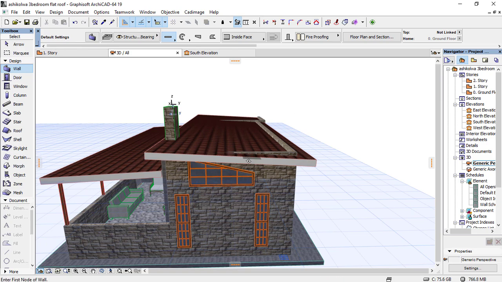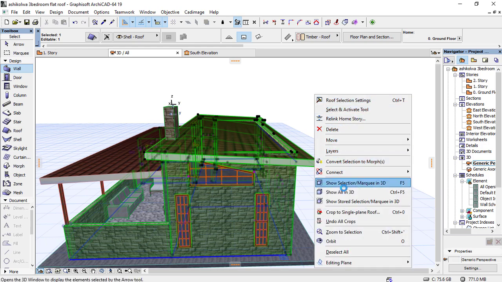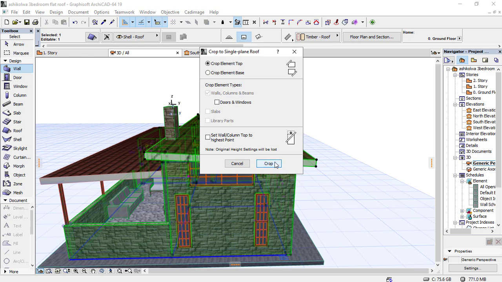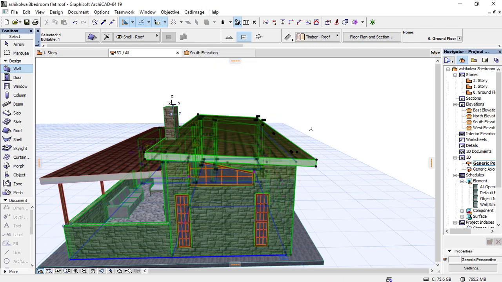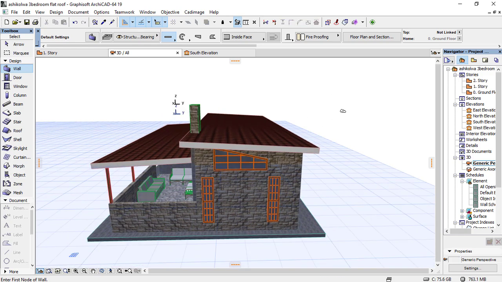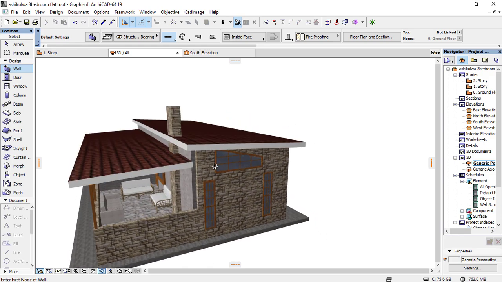So let me repeat, select the roof, then go to the walls, Control A. So all the walls are selected and this roof is selected. Then I right click, crop to single plane roof, and then crop. So basically the walls disappear, it has been cropped, and as you can see, now the roof matches very well